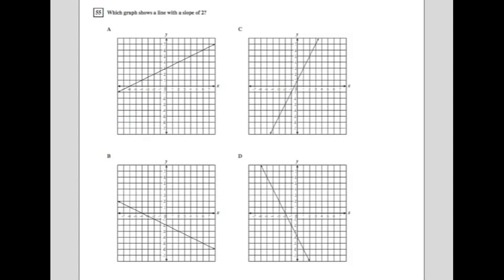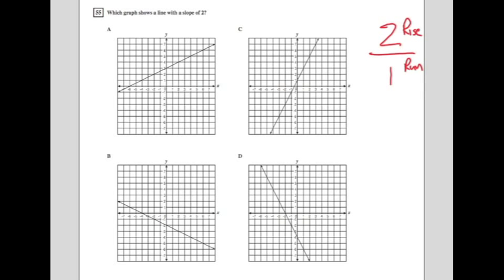All right, let's go ahead and move on to 55. 55 says, which graph shows the line with a slope of 2? So for this one, I'm going to go ahead and use rise run instead of the slope formula. So rise run means that I need to write it in a fraction form, rise over run. So as you know, my slope, they say it's 2. So how am I going to write this in fraction form? Well, it's very simple. I just put it over 1. So 2 is my rise, and 1 is my run. They're both positive once again, so